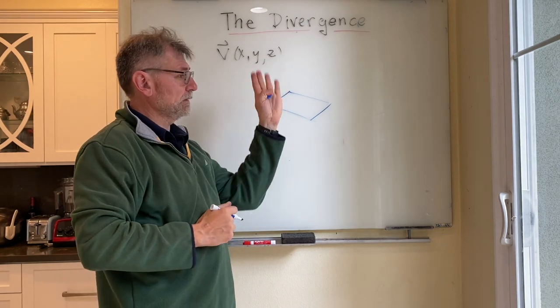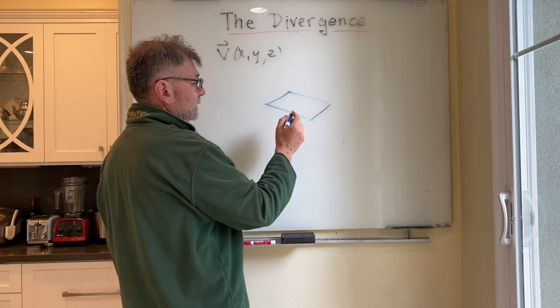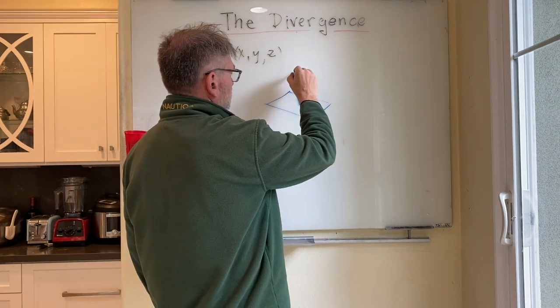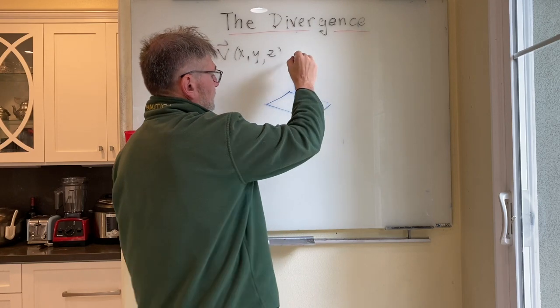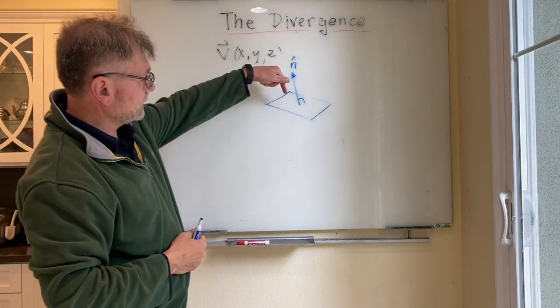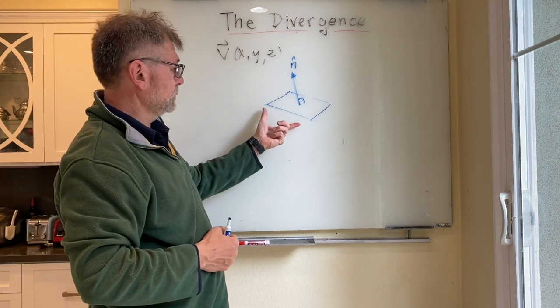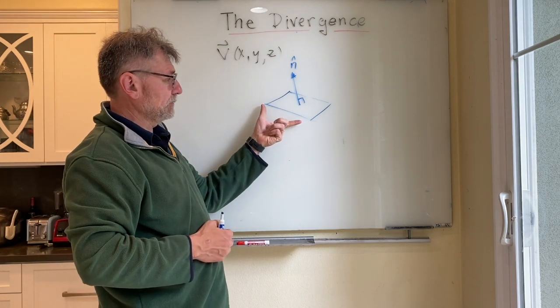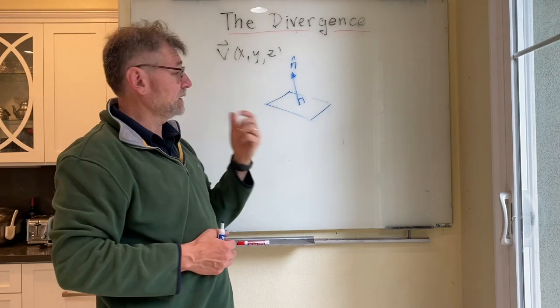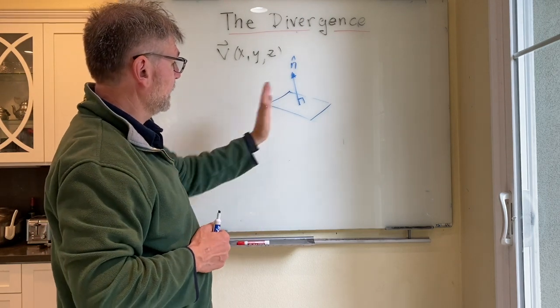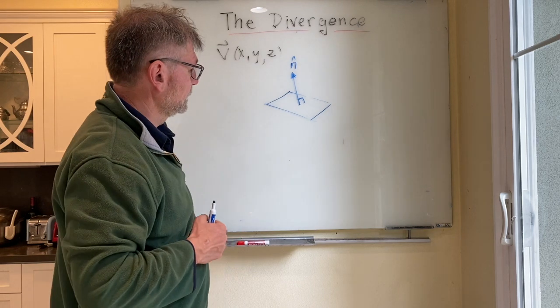I can tilt it around. So we can define the orientation. This is n hat. You can also have the n hat in the opposite direction. So surface areas have an orientation, and if you look at it from the other side, it is a negative orientation. But as long as we pick one and define it in that direction, then we know